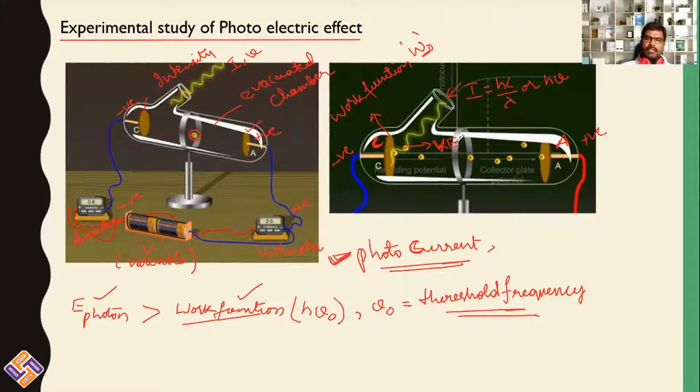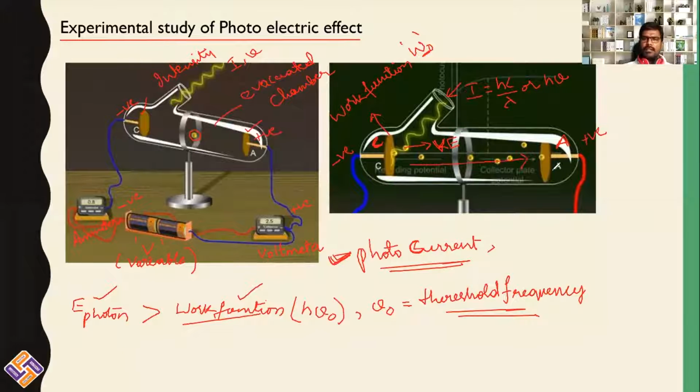If this kinetic energy is sufficient to come towards the anode, even though there is less potential difference supplied over here, electrons are able to reach this anode. If the kinetic energy of the electrons which are ejected is very less, in such case, you need to apply some greater potential difference between cathode and anode. As a result, electrons can be pulled towards the anode.